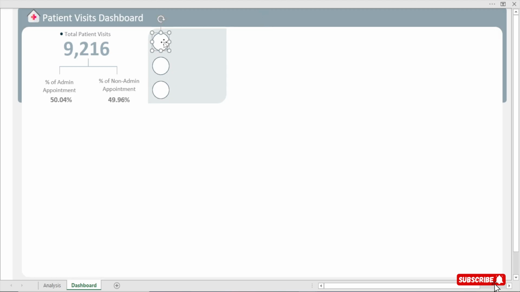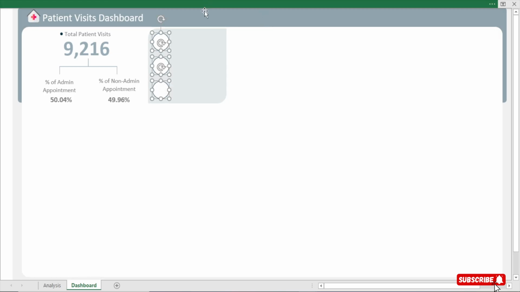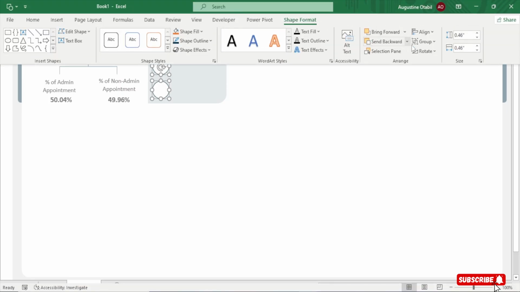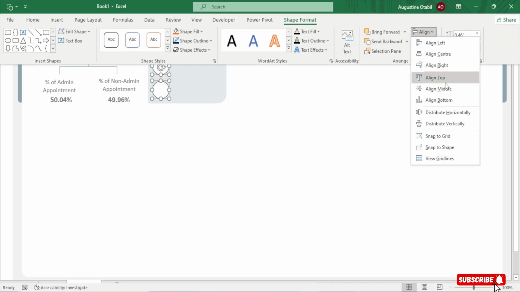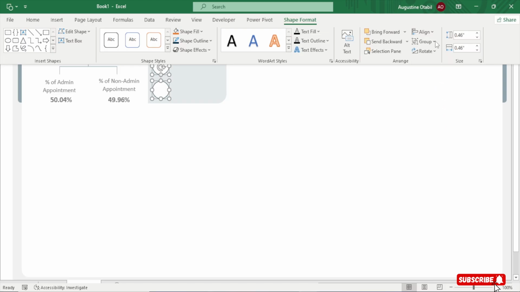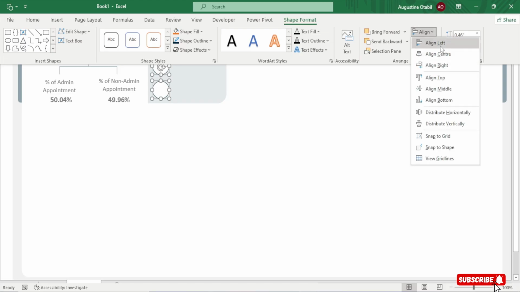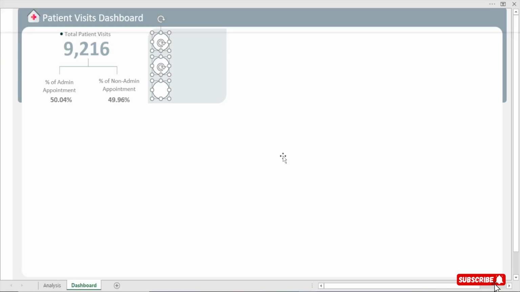Perfect. So we can select all the circles here whilst holding the control key. Go to shape format, align, then let's align them vertically, and let's align them to the left. Perfect. So they are properly aligned, right? Now let's duplicate the text box